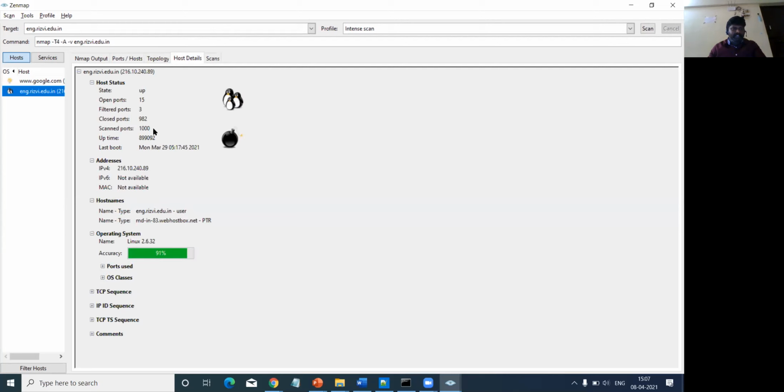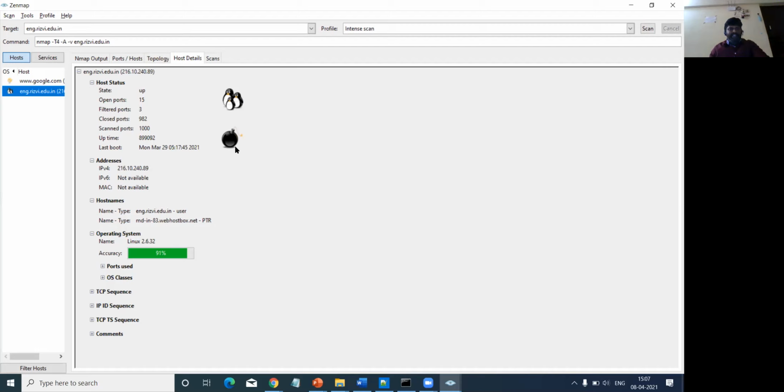This is our eng.rcv.edu.in scan details. Open ports 15, filtered ports 3, closed ports 982. Then when it was scanned, the IP address, followed by the operating system, which is Linux 2.6.32. This icon is the symbol for the Linux operating system.